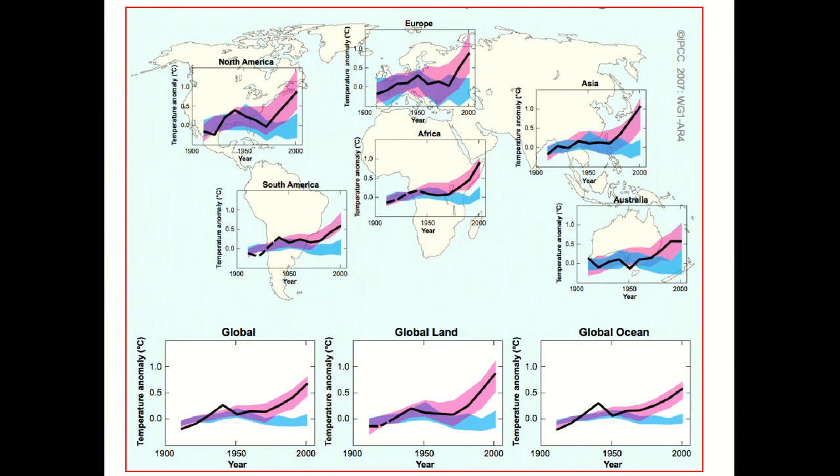You see some regions, it's easy to see the contribution of anthropogenic emissions, which are in pink, versus the contributions from natural, which is in blue. The black are the observations, so you can see that most regions seem to agree quite well with the model predictions of combined anthropogenic emissions and natural variations. Some not so well, for various reasons.